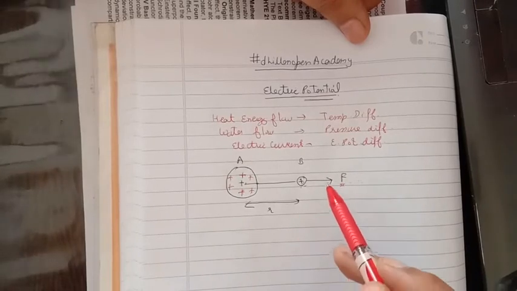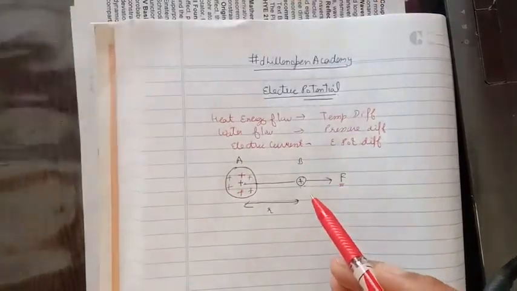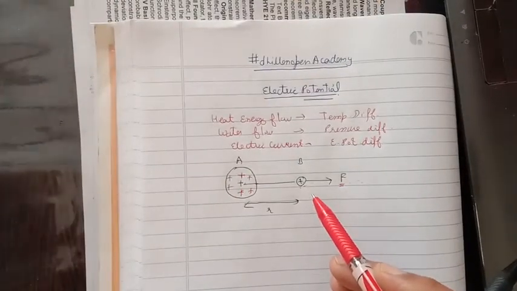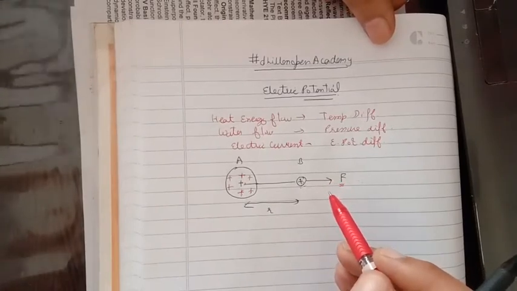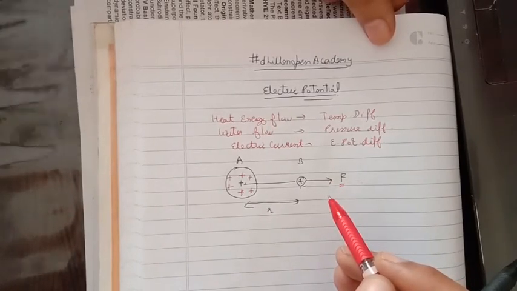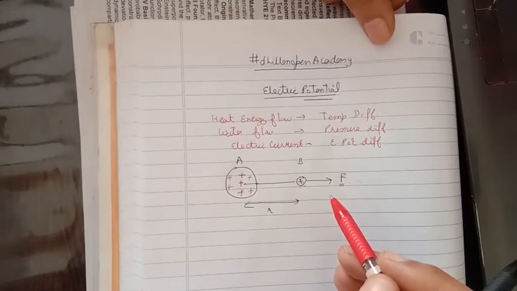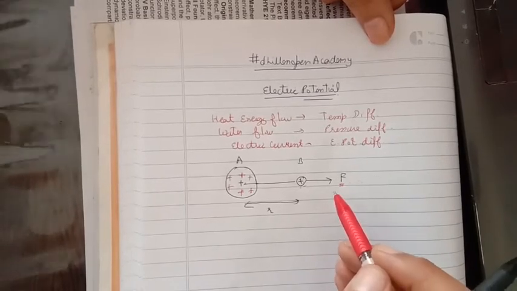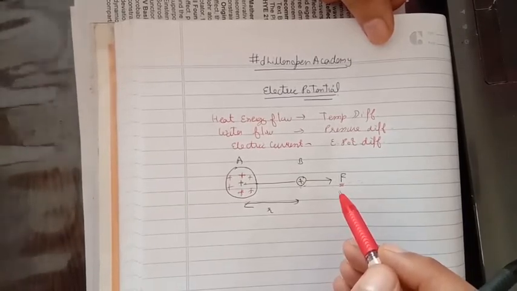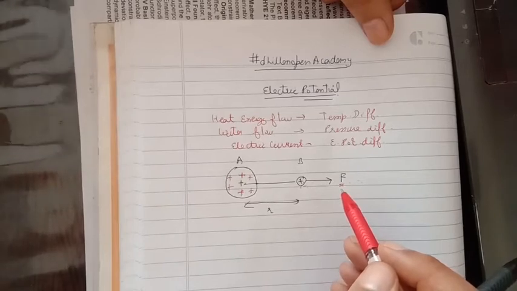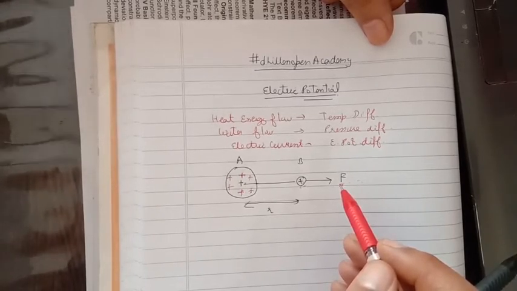Now an important property associated with the electric potential is the conversion of energy, that is from potential energy to kinetic energy. If we again take the example of the bow and arrow arrangement, you can see the more tension we produce in the string, the more potential energy it stores, and on releasing, the arrow flies away with greater and greater speed, greater kinetic energy, if the tension in the string is greatly increased.